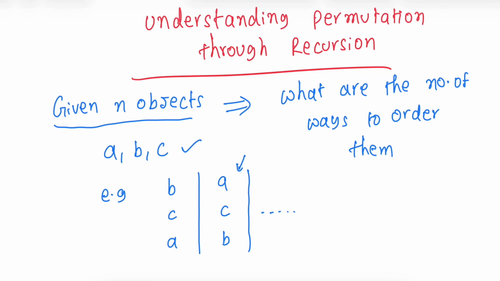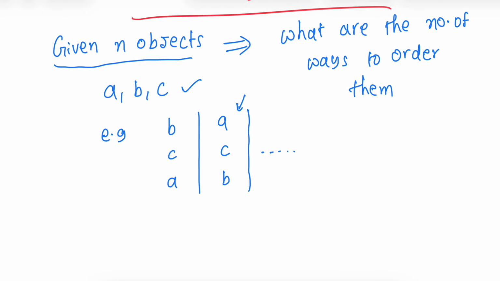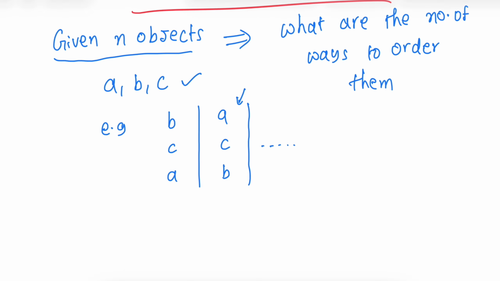In this video, we will try to understand permutation using another technique through recursion. So the question that permutation asks us is, if you have n objects, what are the number of ways you can order them? So the way I like to think about this is, suppose you have some children who want to